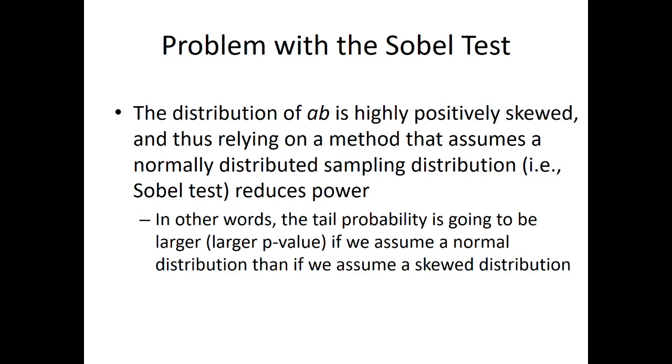It assumes normality. This is one thing that I've not mentioned, that I'm hoping I'm able to get away with not mentioning at this point: you have to check your assumptions of your linear regression before you do this. Before you run any test, you need to be checking your assumptions. And if you violated your assumptions, it doesn't matter how good the test is, your data is wrong. You have to have correct assumptions. And so with the Sobel test, it's assuming a normal distribution because it's a linear regression. However, that distribution of your indirect effect is highly positively skewed, and that can cause problems, especially with smaller sample